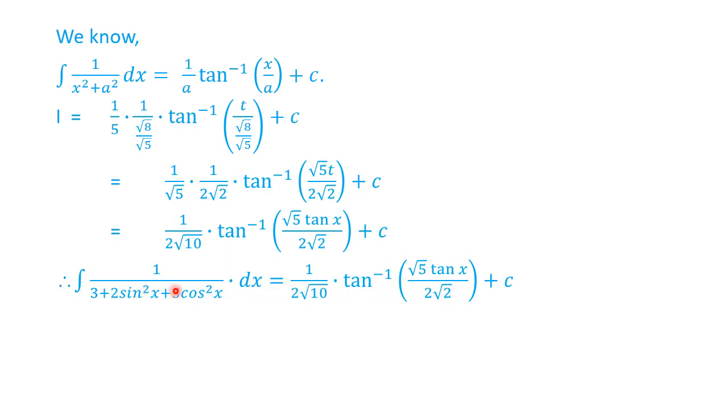So I hope that you like it and you understand it. It is too easy. Here you have divided by cos square x. Then arrange the terms in the denominator in tan square form. Then make a substitution: put t equal to tan x. And by making the substitution you get one standard form of integral. Then by using the result you will have the answer.